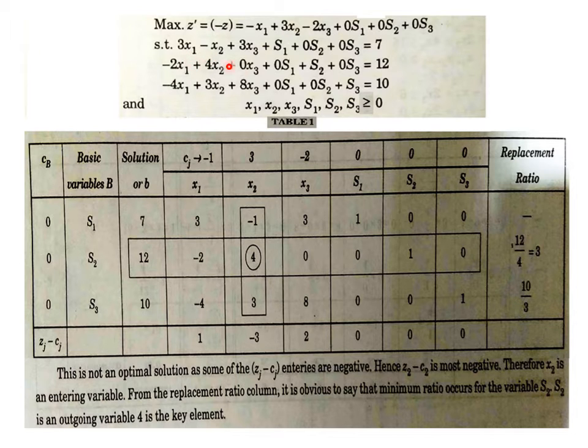and then we have to copy the first row of the standard form as the first row of the table: 3, minus 1, 3, 1, 0, 0 from there, from that variable's position, say x1's coefficient is 3. Then the second row 1, 1, 0, minus 2, 4, 0, 1, 0, and the third row minus 4, 3, 8, 0, 0, 1. The identity matrix is obviously appearing there, and in the column of b we have 7, 12, the right hand side values of all 3 equalities: 7, 12, 10.